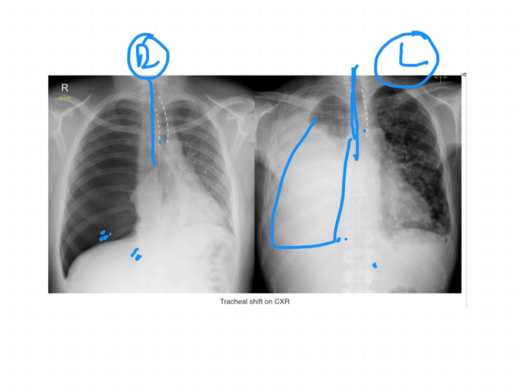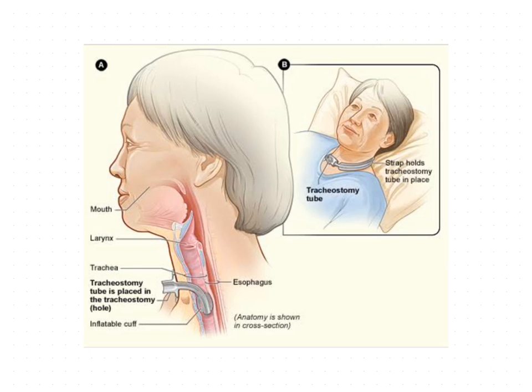Any downward pull will produce the physical sign known as tracheal tug. So this is another applied anatomy. And also the next one is the tracheostomy. This tracheostomy is a procedure. It is an emergency operation commonly used to relieve complete obstruction of the respiratory tract at laryngeal levels.